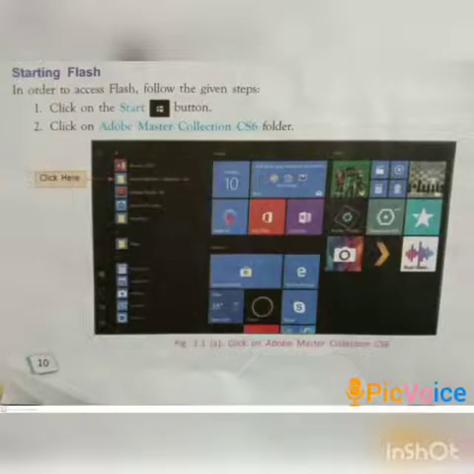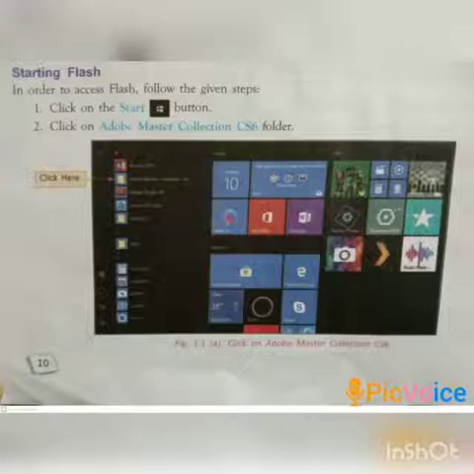Then, starting Flash. To start Adobe Flash, we have to follow these steps. Firstly, click on the Start button. Then click on the All Programs option.